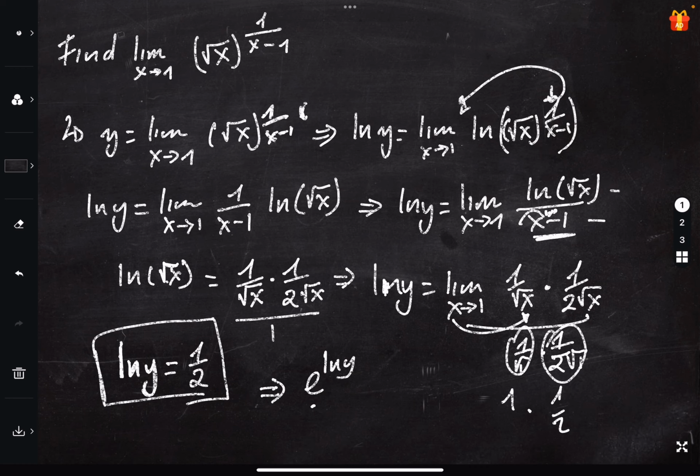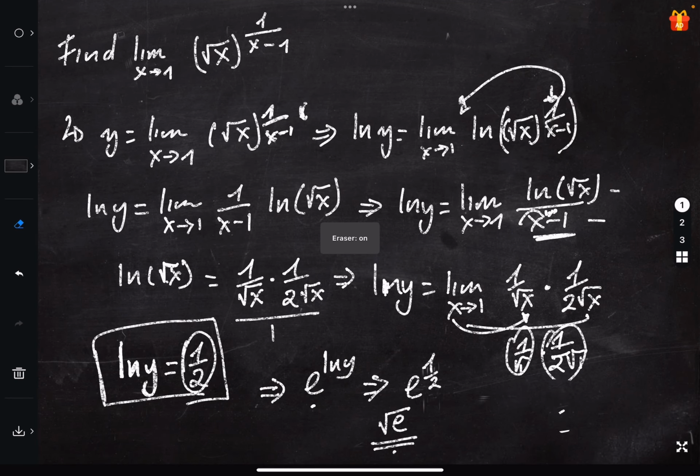So e to the power of natural log of y is the answer we're looking for, essentially. So since we know that natural log of y is 1 over 2, we can just write it here as e to the power of 1 over 2, which is the same thing as square root of e. So our answer after all of this work we just did is